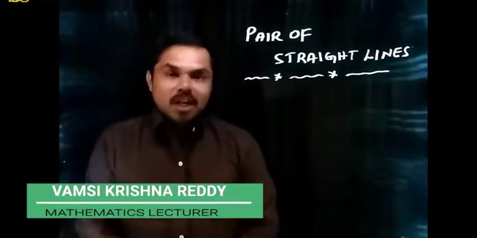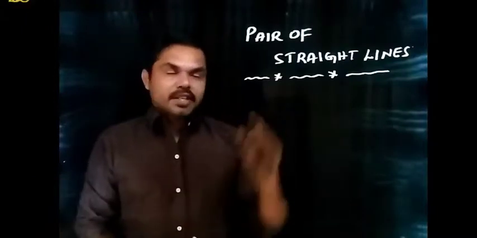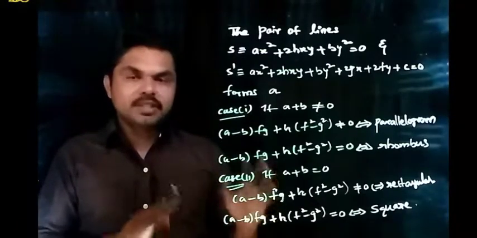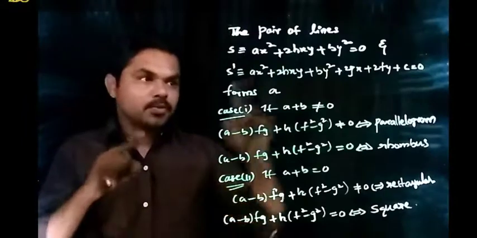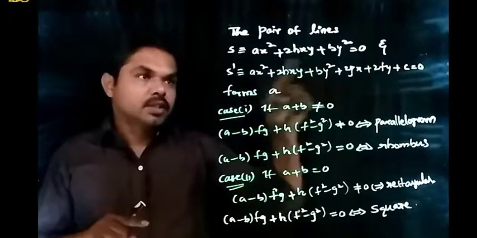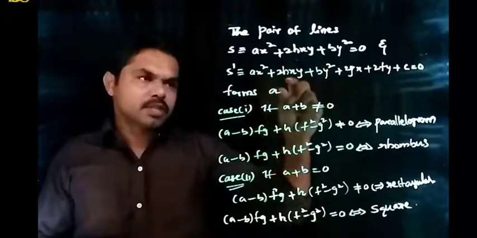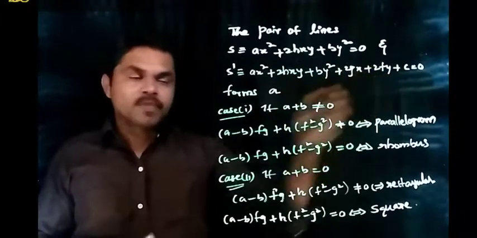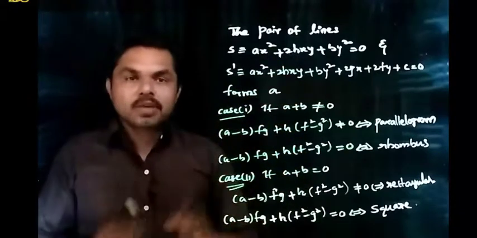In this video, I am going to give an important shortcut formula in the pair of straight lines chapter. Right, this is the formula. The benefit of this formula is that whenever we have two different pairs of straight lines, one is ax square plus 2hxy plus by square equal to 0, and the other is also ax square plus 2hxy plus by square, but it has the constants plus 2gx plus 2fy plus c. Definitely with the help of these two pairs of lines we can make a quadrilateral.